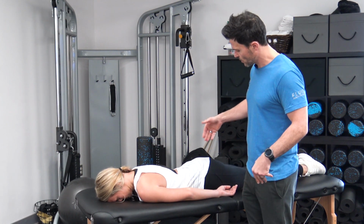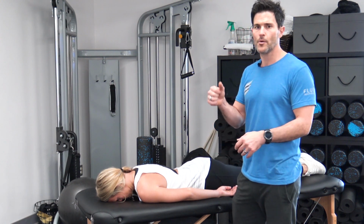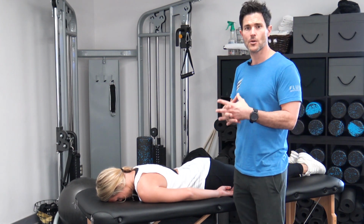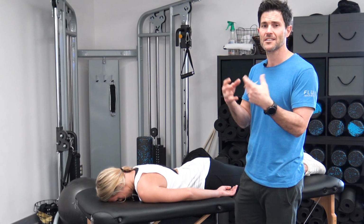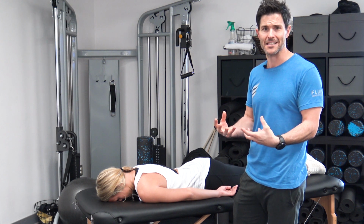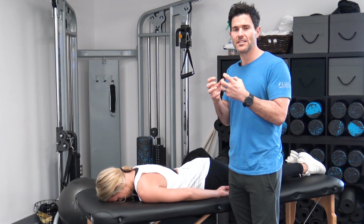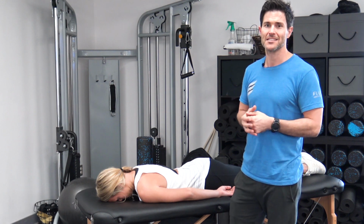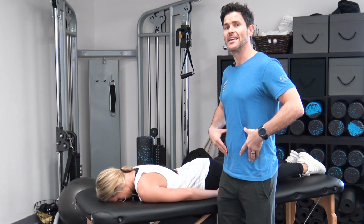Now, she's going to shift her weight gently into her left hip so that she puts more pressure onto that ball. The ball is basically pushing into the psoas muscle. The pressure of that is going to start to tug on its connective points or its tendons, and that's going to help to turn off the tenacity or the tension of the muscle. This again is a static release,